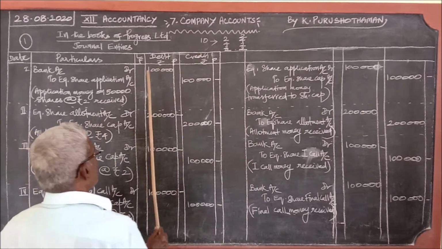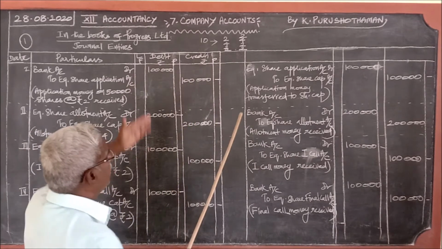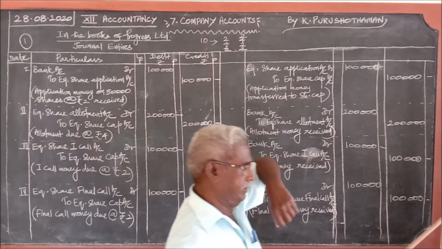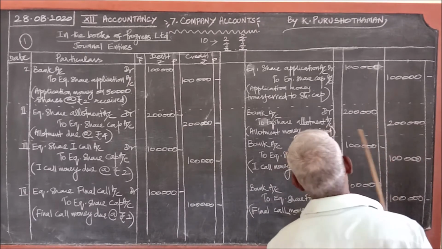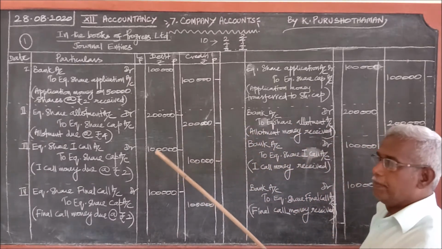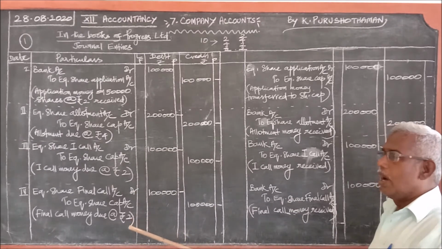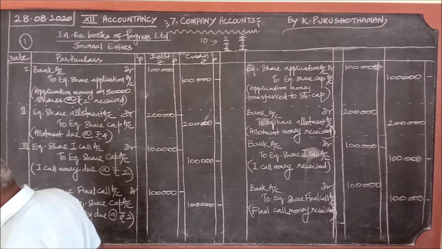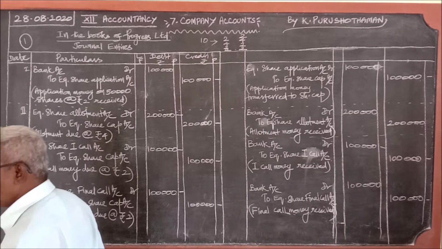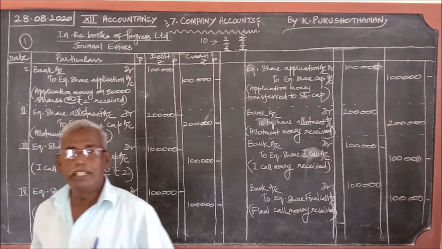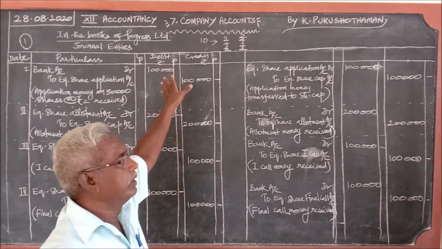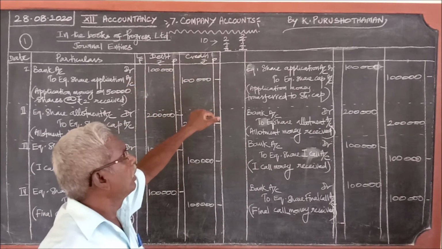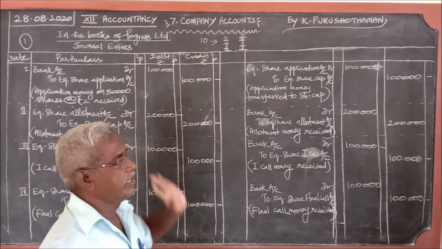Okay. In this, how to fill the amount column, it depends upon the value given there. What should be the application money? Rupees 2. 50,000 shares were issued. All the shares were subscribed for. See, you can find the sentence there. In the second line, all the shares are subscribed and the amount was duly received. The entire amount was duly received. Good. Therefore, for all the stages the money was received.